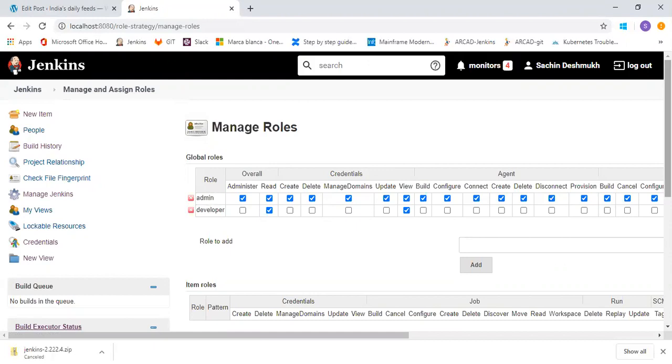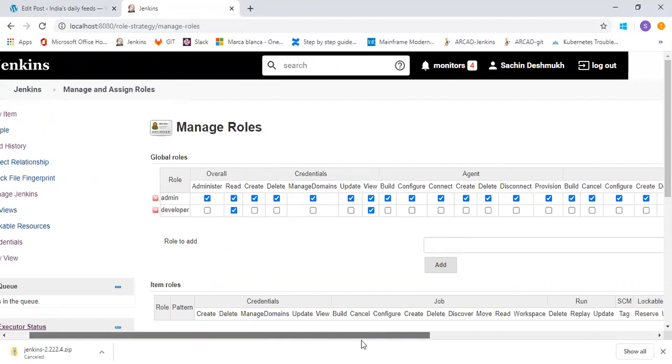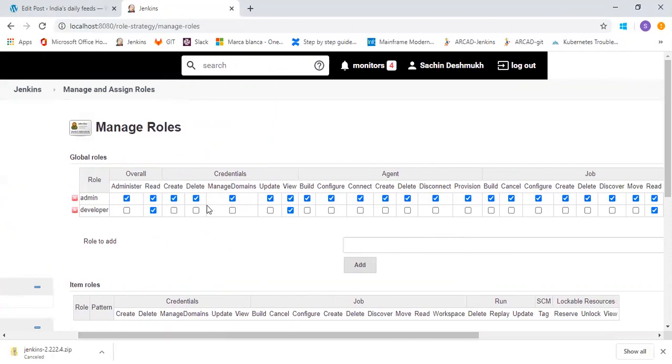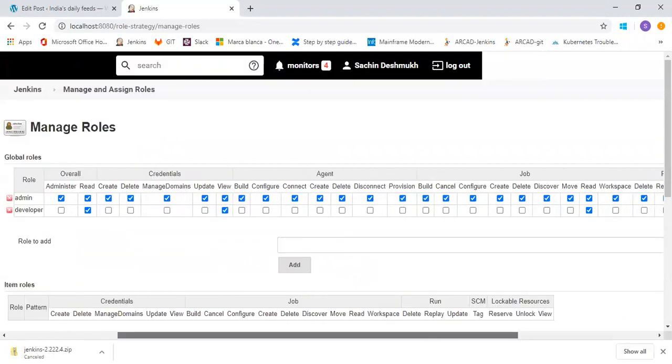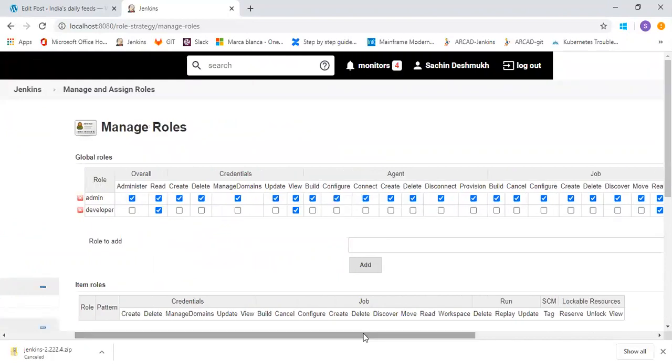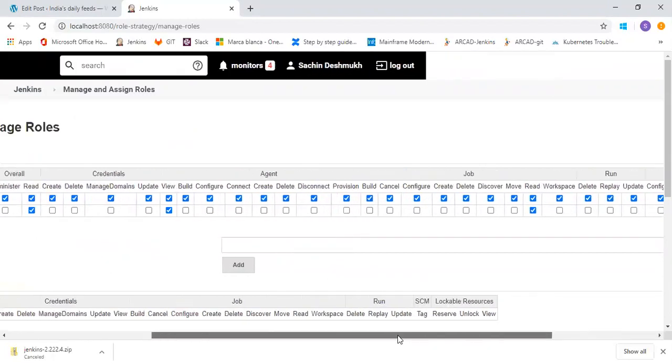Based on your role, permissions are allocated to each role. So admin will have all the permissions, like to create credentials, to create agents, to create jobs, to run the jobs. But developer will have only read permission. I don't want my developers to create jobs or interfere in any kind of administrative task that they don't know. So I will restrict my developer to only view the configuration.